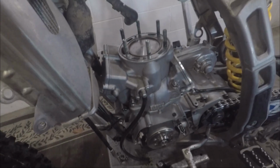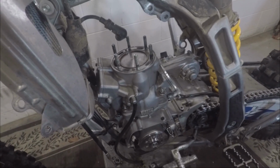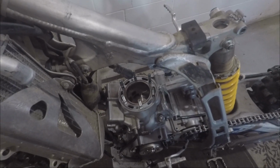So I didn't film me putting this on there. It's hard to do. You need both hands when you're putting a cylinder in, you know, to compress the rings and then slide the cylinder down at the same time. But we got it. Everything fit great. Piston's in there really good. So yeah, we'll get the head and everything on and button this up,